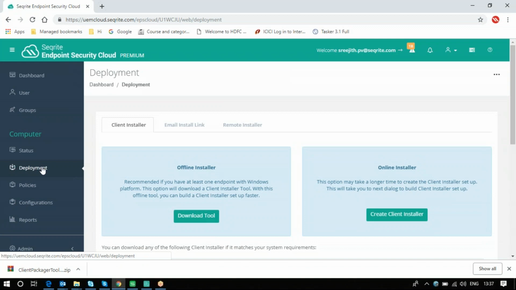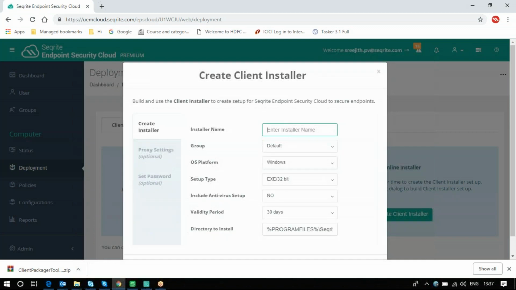Once you click on deployment, it will give you different options under client installer. We had seen the offline installer earlier in one other video. Now we are going to see the online installer option. Click on the create client installer option, and once you click on that, it will provide you a new dialog box,